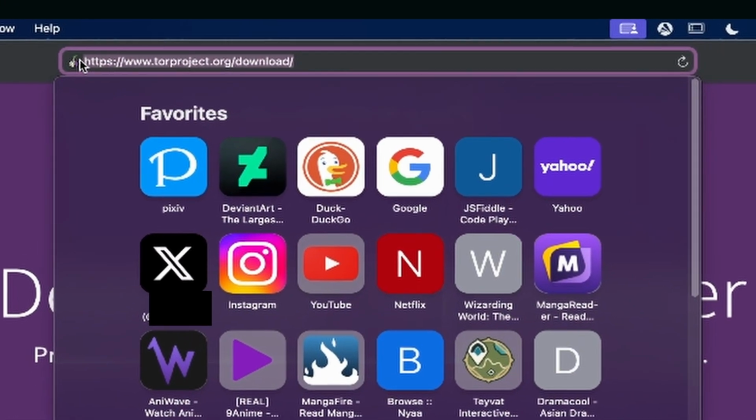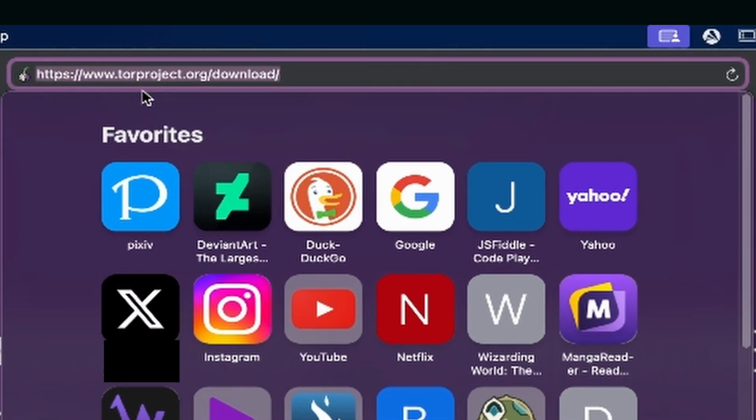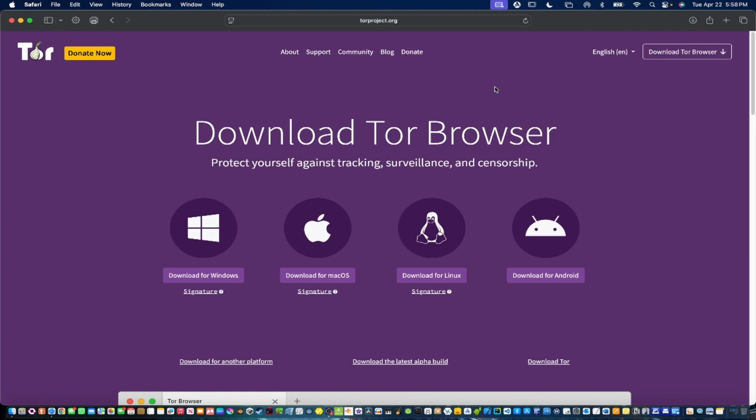Here you can see that this is the official one, https://www.torproject.org/download. Once you're on the download page, you're gonna select the system where you want the Tor browser to be installed on. In my case, it's gonna be macOS. So we're gonna click macOS